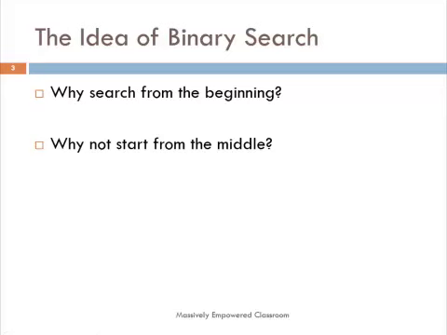The basic idea here is why should I start searching from the beginning? Why should I start searching left to right from the first element of the array? Is there a way to start somewhere in the middle? Can I just jump to the middle of the array and look for the key element there? That's the idea of binary search. How do we do this? As human beings, we tend to do this naturally, right?